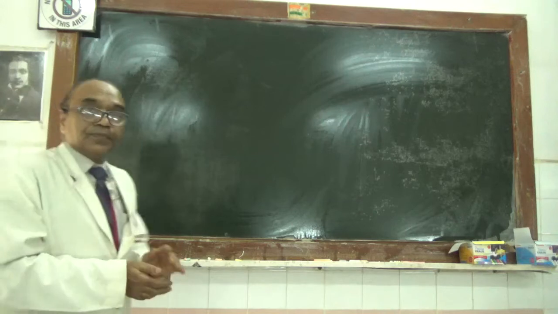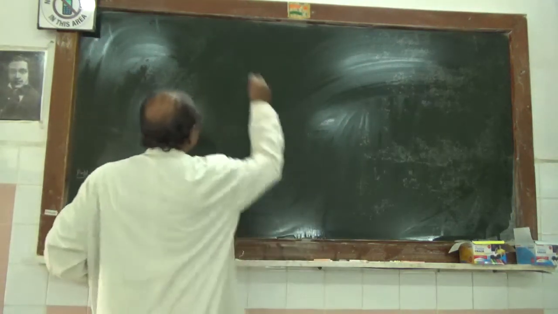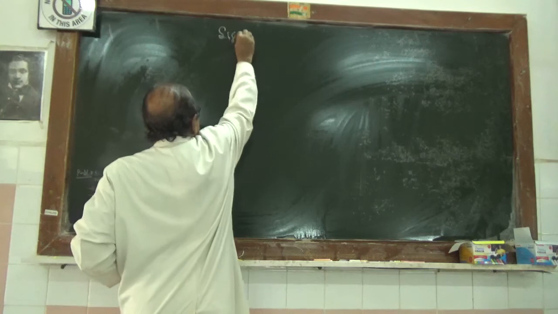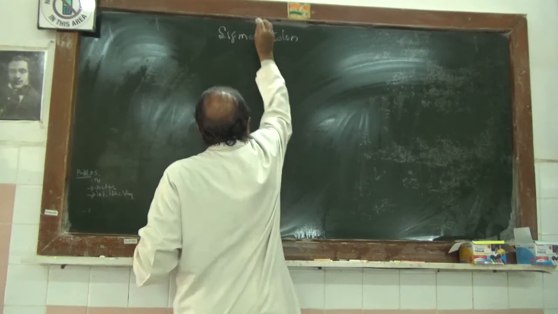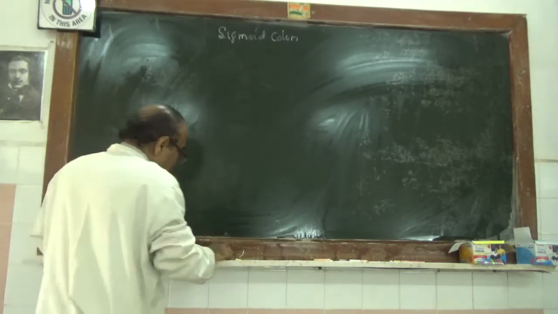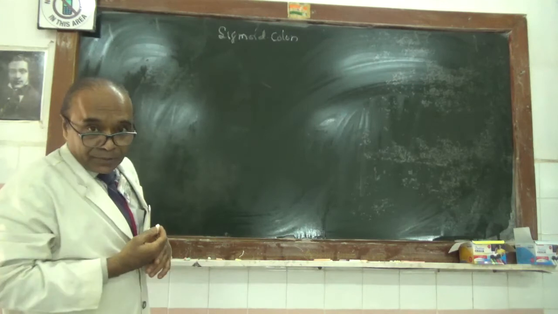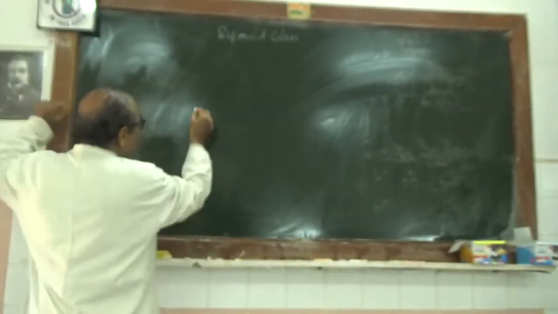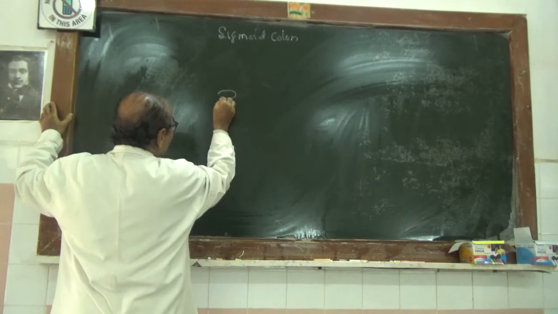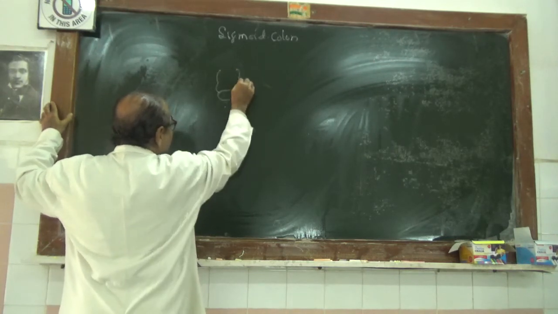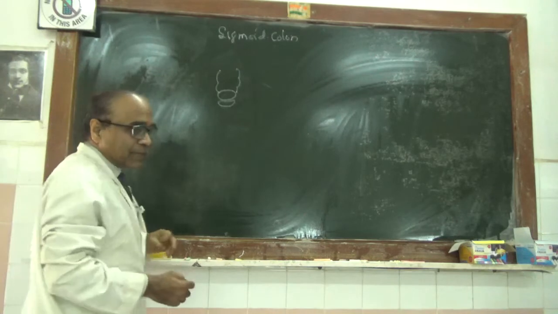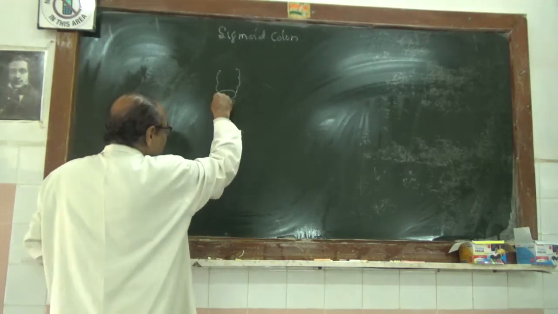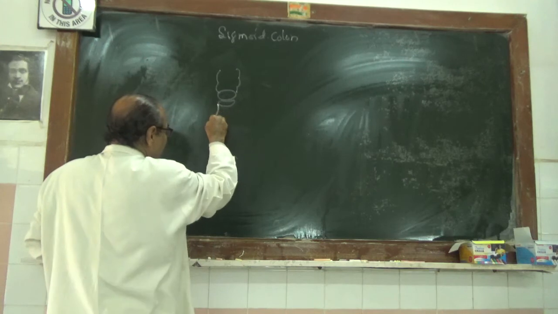Now we will go to the sigmoid colon. Sigmoid colon is a part of the large intestine that starts from the lower part of the descending colon. It starts at the level of the left anterior superior iliac spine. From there it will descend down